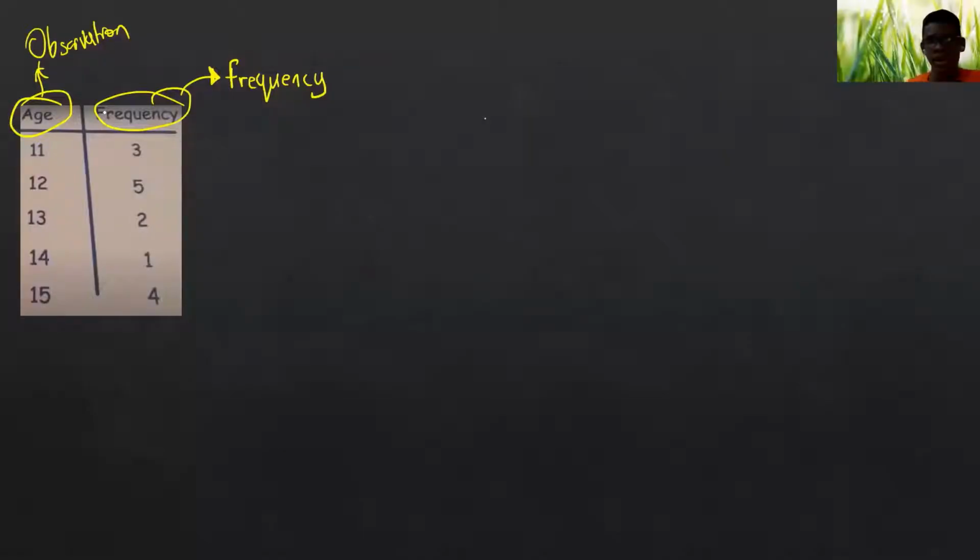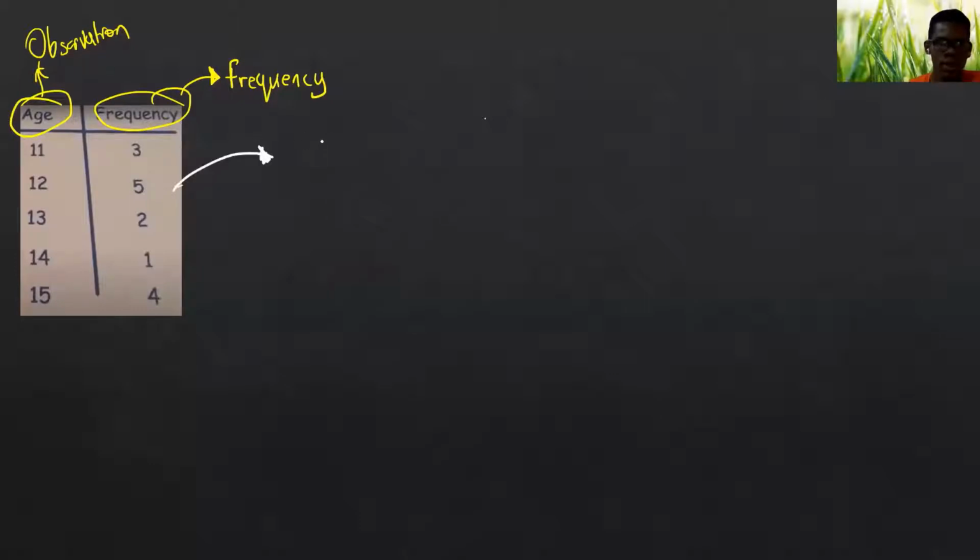So again, reverting from the frequency table back to your raw data, what you would do is look at your observation and then, of course, in ascending order from top to bottom. And the frequency tells us how many times to write 11, how many times to write 12, how many times to write 13. So to create a raw data set from this